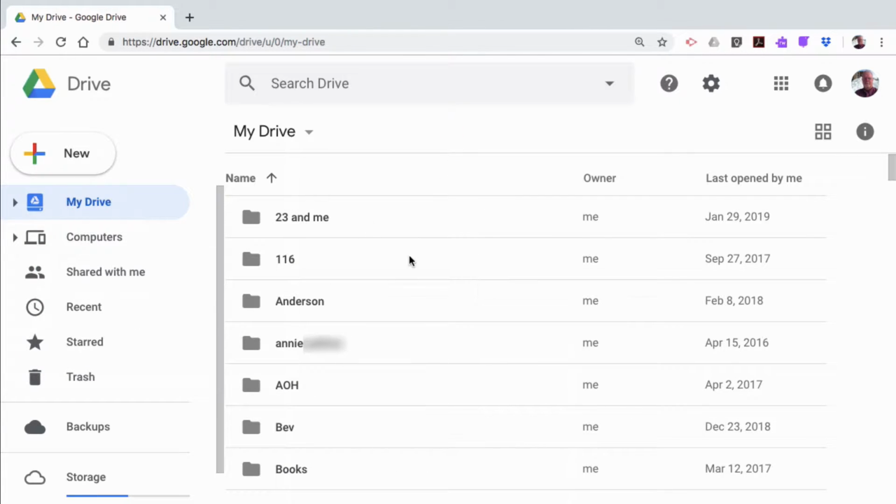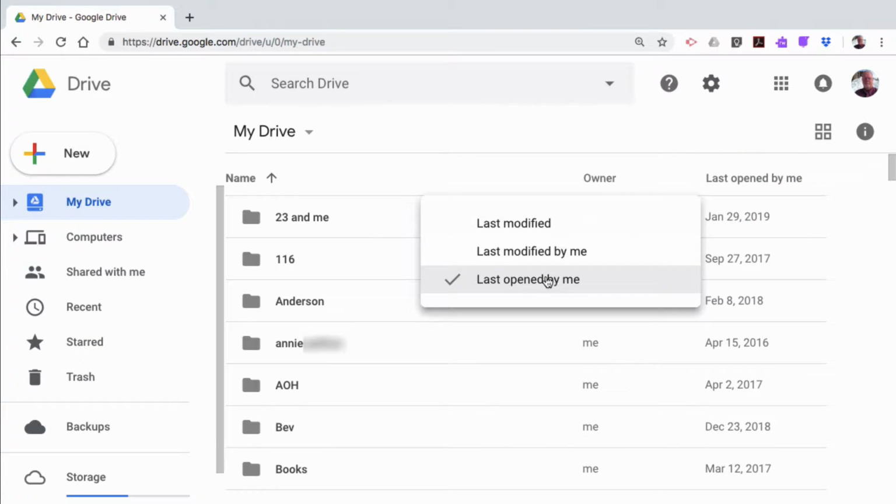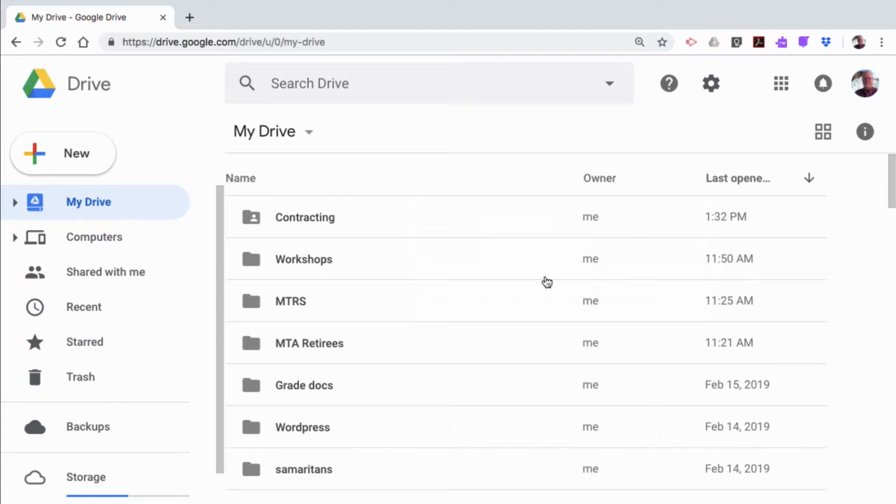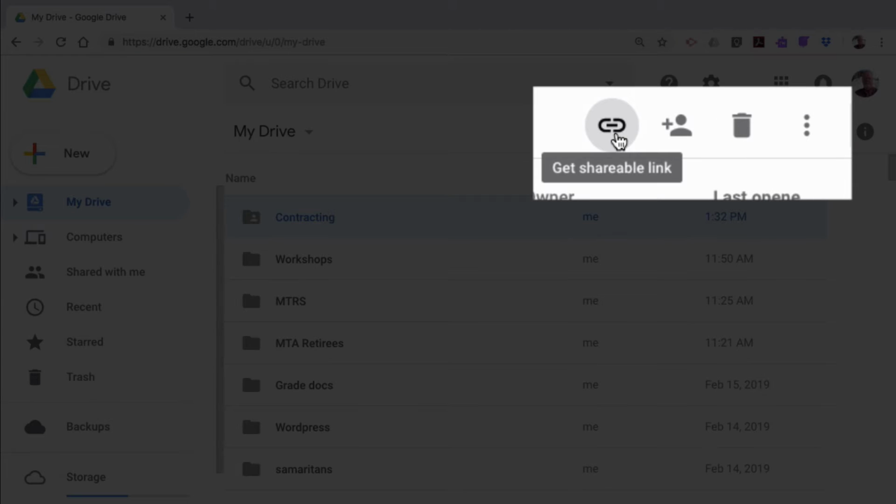I don't like the way this reverts sometimes. I don't like having all my folders in alphabetical order. So what I'm going to do is come over here and choose Last opened by me. This means that the most recent folders are going to be at the top, and usually that's where I want to be. So here I am, and if I left click on Contracting, for example,